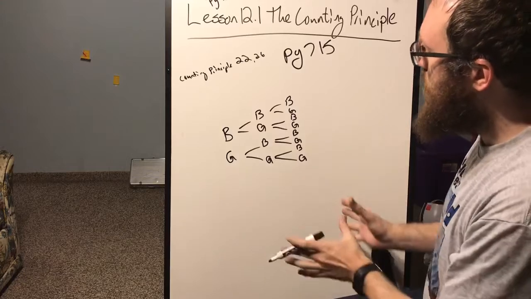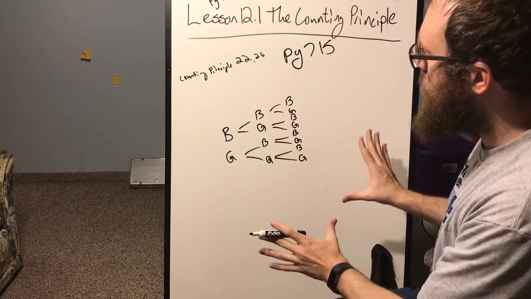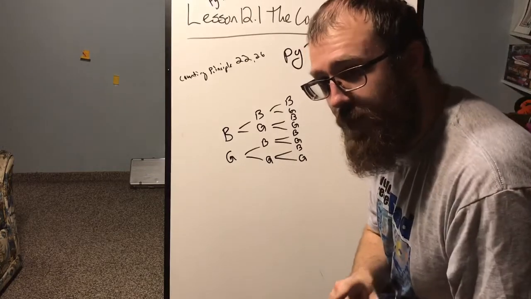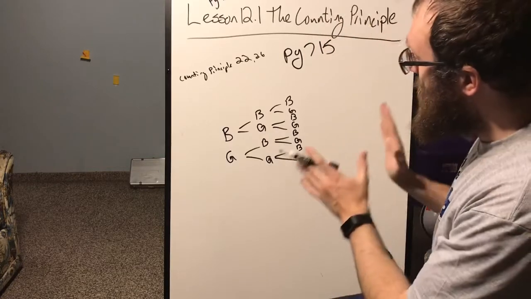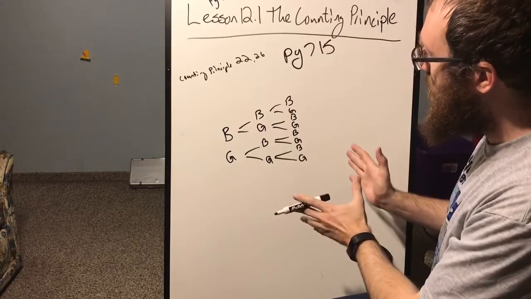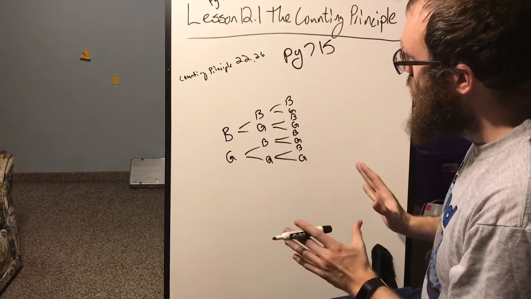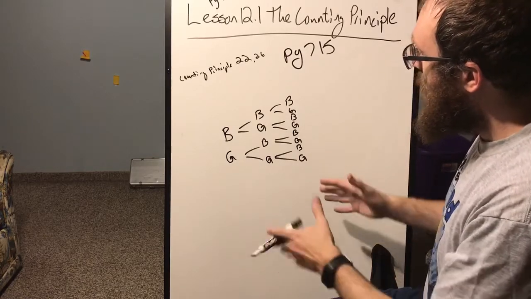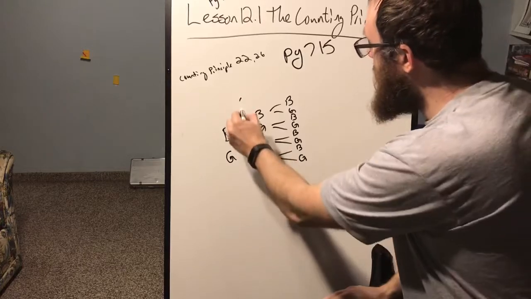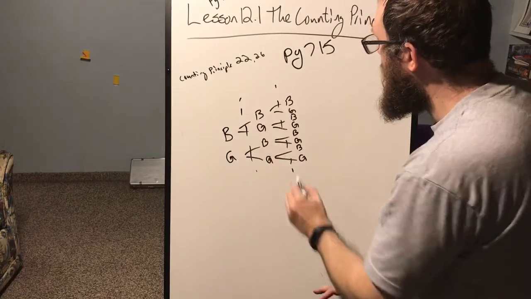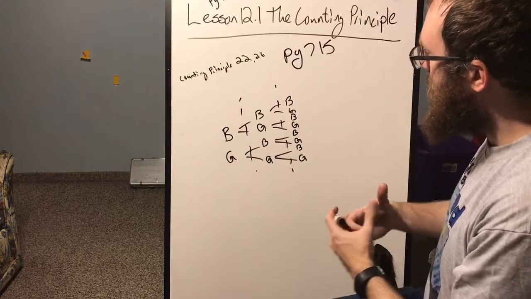Instead of looking at the tree diagram and the full sample space, which you have to do in the first ones, by the way, you can't skip the tree diagram. But instead of looking at the tree diagram and really looking at the full sample space to determine how many options I have, I can take the options I have at each layer and multiply them together to get the